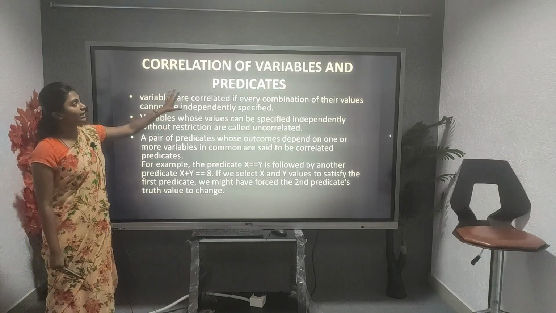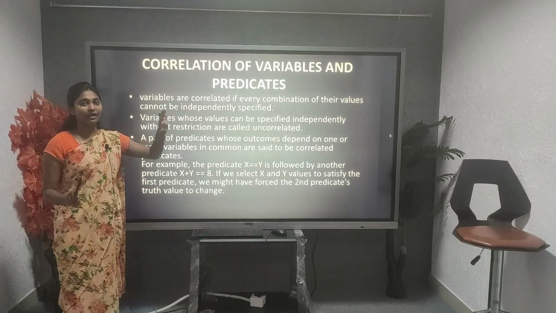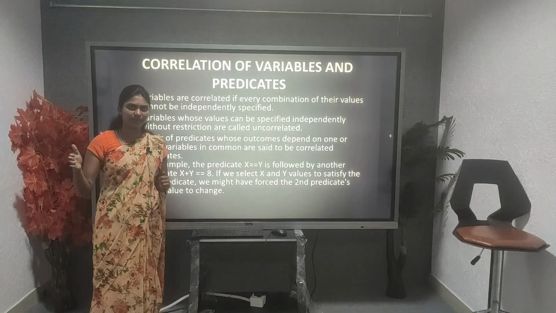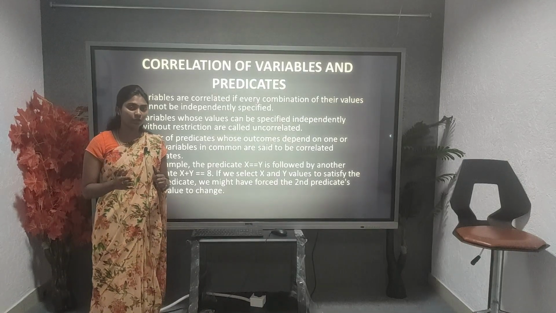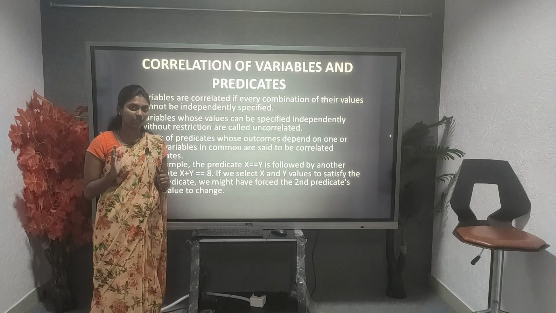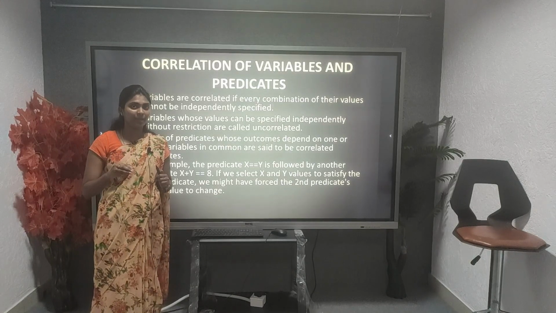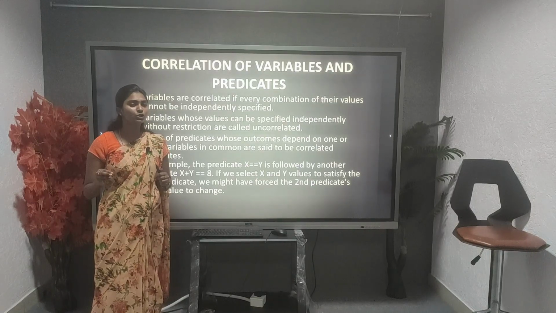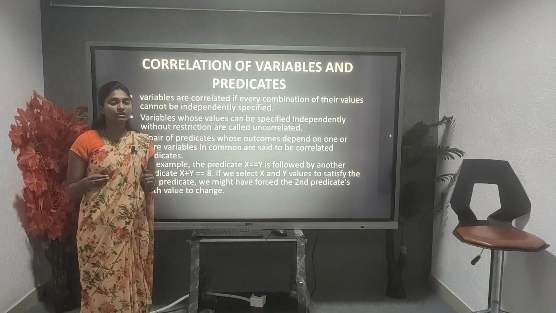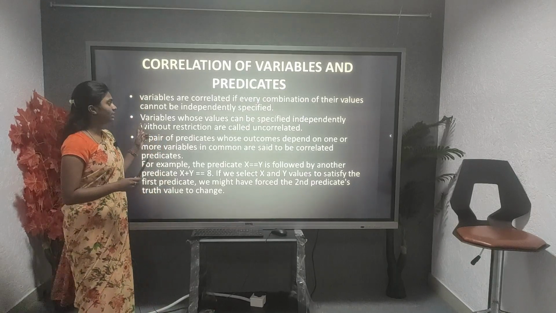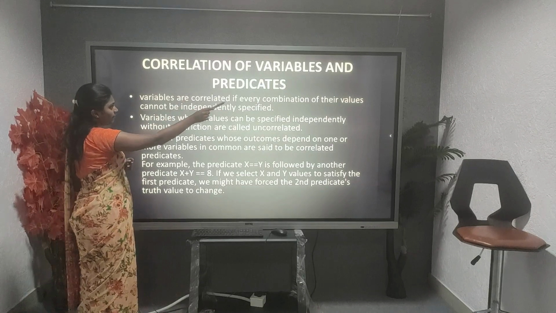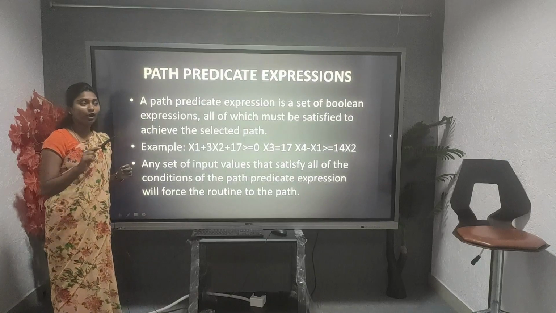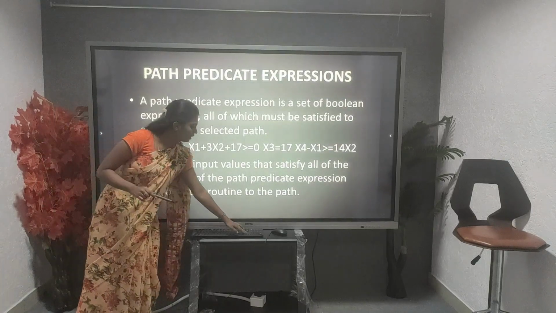Correlation variables are taken as I already said: before that we developed the independent variables, and we will keep those aside. Now we keep the concentration on the dependent variables, because a dependent variable must be correlated to the variables that form an independent variable. So it must be a predicate value to have a path, right? This is also a correlation, derived by a combination which cannot be independent.